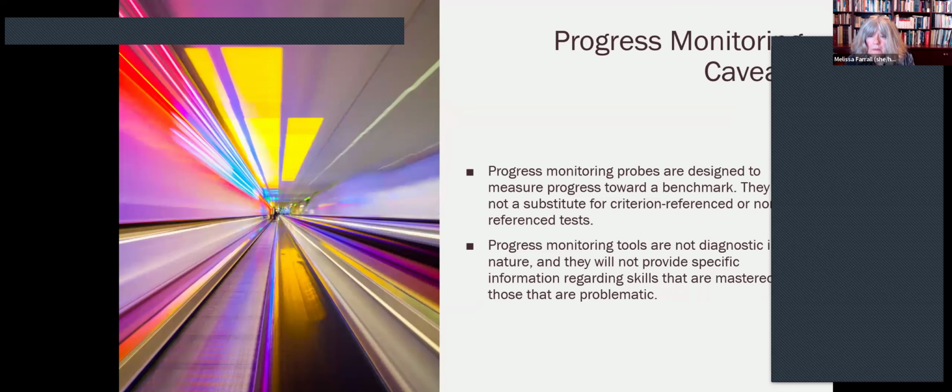So progress monitoring probes don't give us particularly helpful or useful information on any given day. They're specifically designed to help us look at movement toward a benchmark. They are not a substitute for bigger criterion reference tests, which give us a much bigger sample of skill, and certainly not a substitute for standardized norm reference tests. We can't use them for diagnosis purposes. They're not going to help us identify specific learning disability. And they're not really going to give us a lot of information that's helpful instructionally,